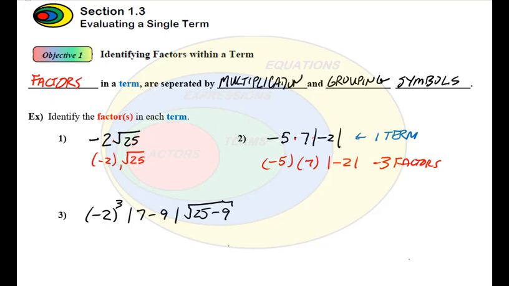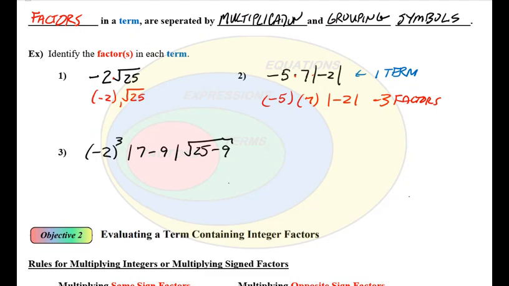The next term, again, all the plus or minuses are inside grouping symbols. If I look at the grouping symbols, I have parentheses here. Absolute value is a grouping symbol, and then the square root sign is a grouping symbol. So those all signify factors. So this again is one term,